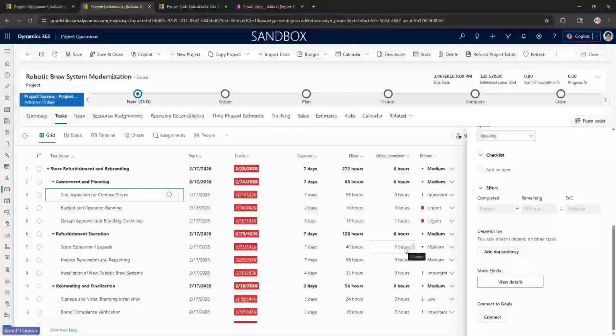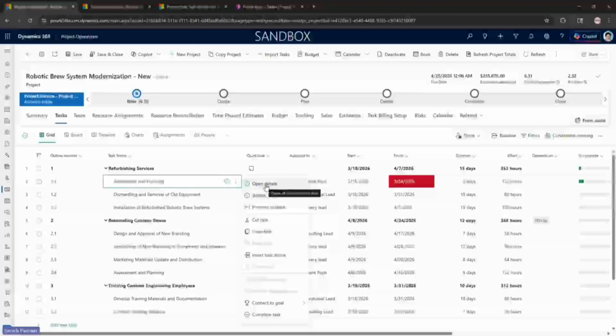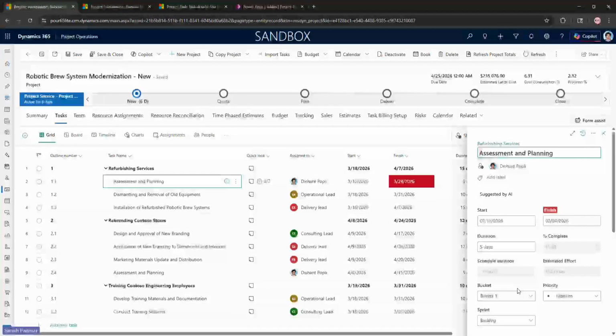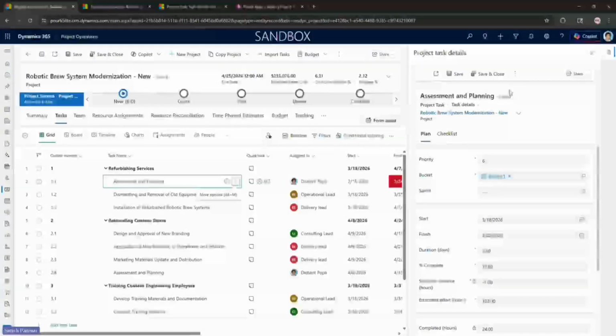To solve this particular problem and keep the project manager within the context of task grid, we have introduced this feature called Customize Task Details pane. When this feature is enabled through feature control, we now get two options here, open details and details project operations. Open details would still open the side pane on the task grid itself, which is not customizable but quick to edit, while hitting details project operations would open up a side pane which loads the main task form here,